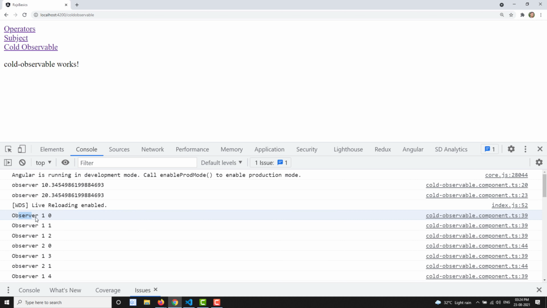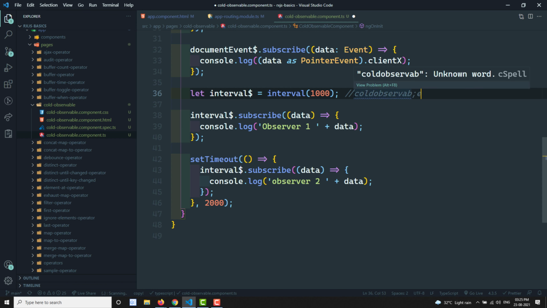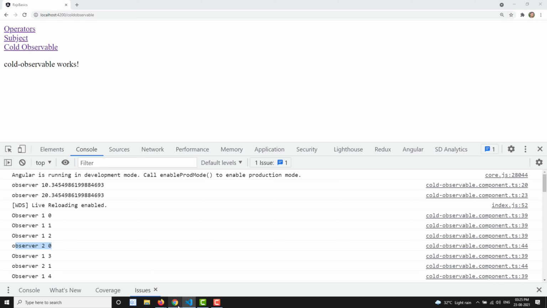That means observer 1 is receiving the 0 and observer 2 is also receiving the 0. So this observable is executing multiple times, which means this is a cold observable. If an observable runs for every observer, then it is a cold observable. Observer 1 is receiving 0, and also after some time if we initialize observer 2, it is again getting the value 0.